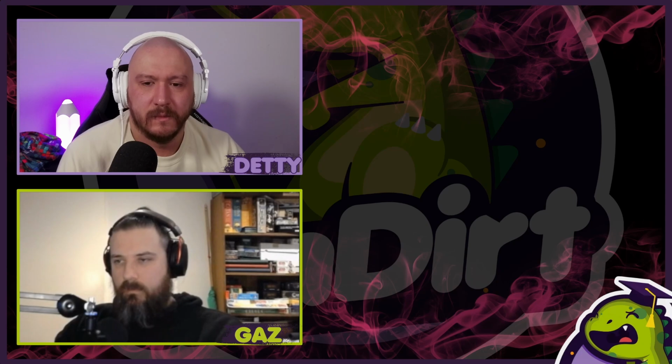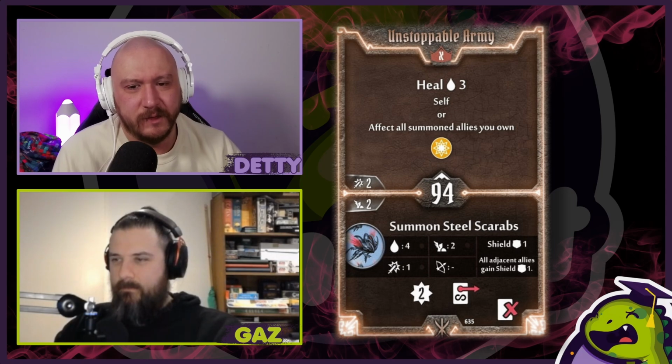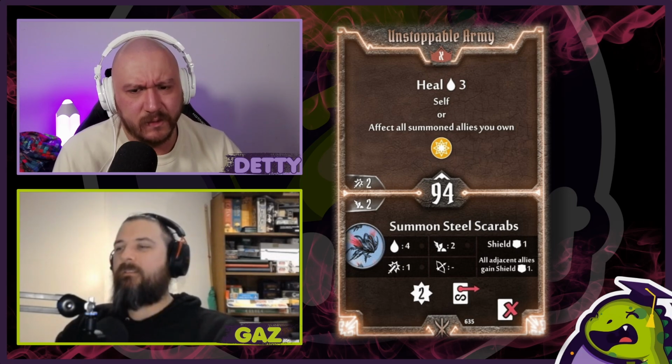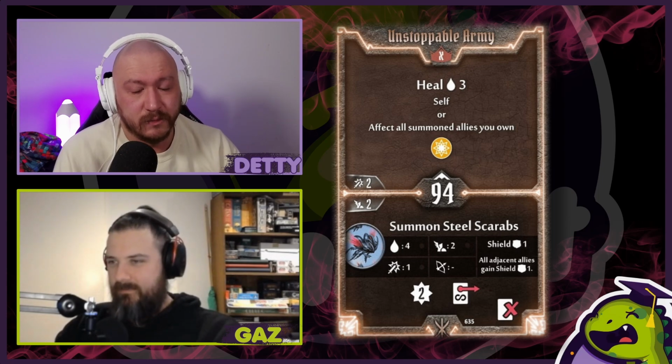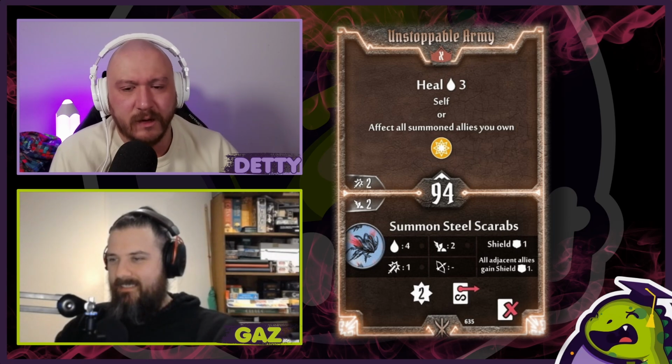So the last X card is called Unstoppable Army. Already sounds really good. Heal 3 self, or affect all summoned allies you own. Oh, nice, wow. That's a real quick way of, health pool wise, it's almost a full heal with the 3 that we've seen so far. Although I've spoken too soon, because on the bottom of this, at this 94 initiative card,